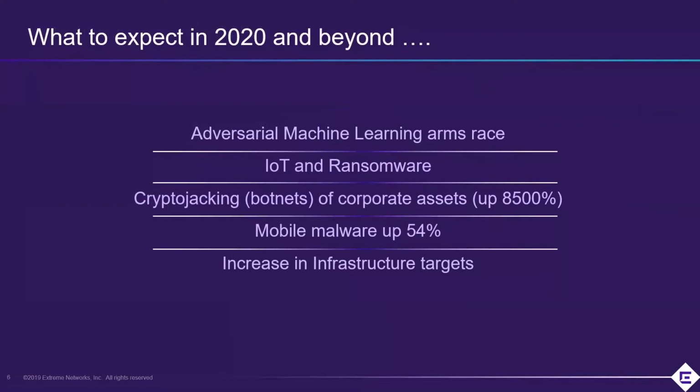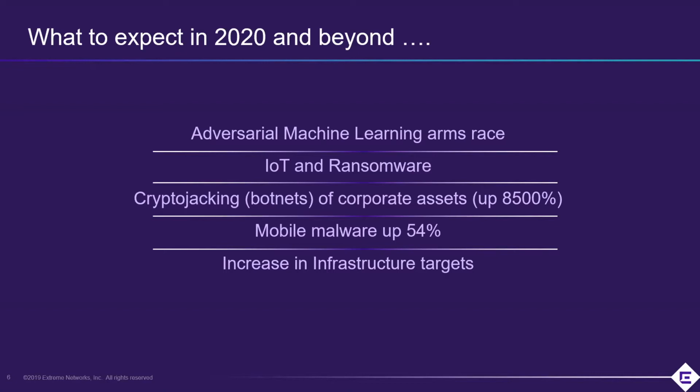Well, obviously, IoT and ransomware. I said this is a big target and it needs to be looked at very, very closely from a security perspective, but also adversarial machine learning. The good guys aren't the only ones that are using ML and AI. And when you tandem that with botnets and the ability to have some sort of ML capability, this can be a very, very dangerous thing. Cryptojacking, the use of corporate assets to do crypto mining for things like Bitcoin and Ethereum, is going to be a major trend. It already is.